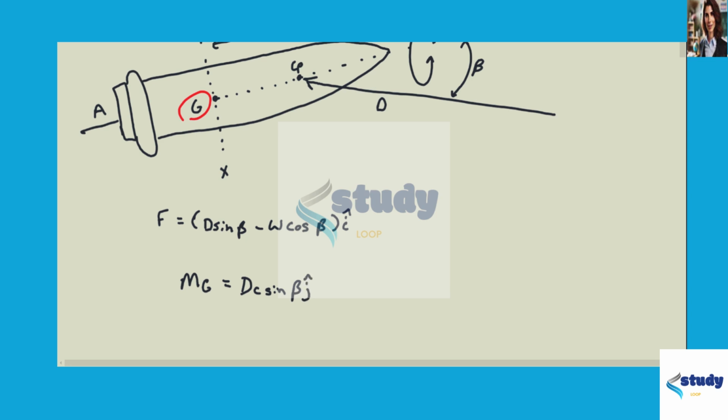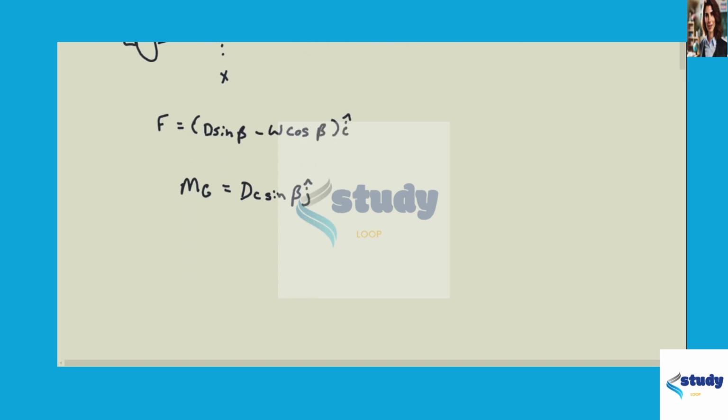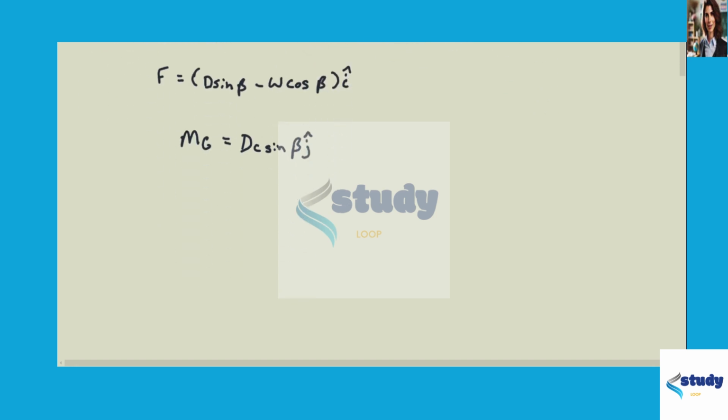And now here the G is M_G and the distance between G and CP is C. And so we have theta equals beta equals 3 degrees. Okay, and express the moment about the mass center, and this actually has a little hat here, M_G equals to